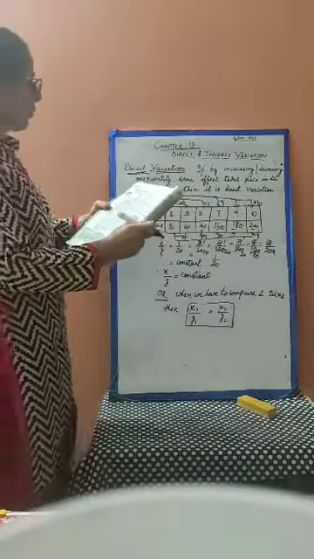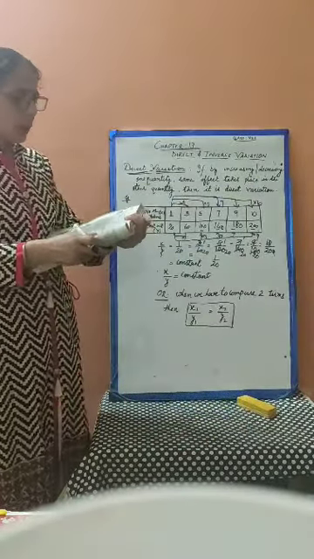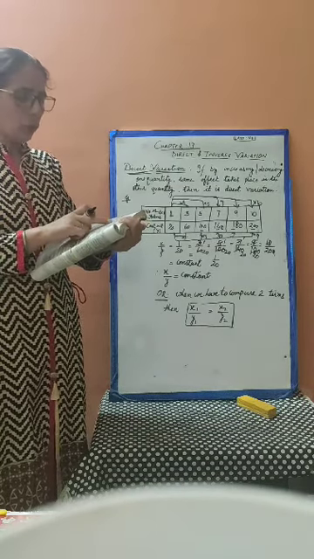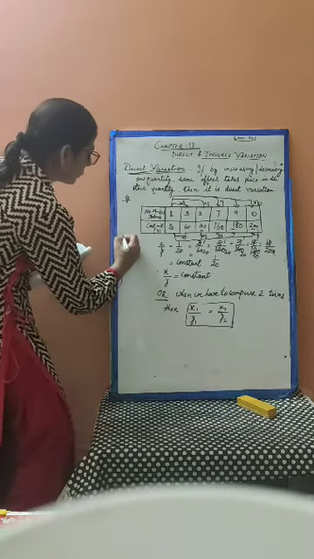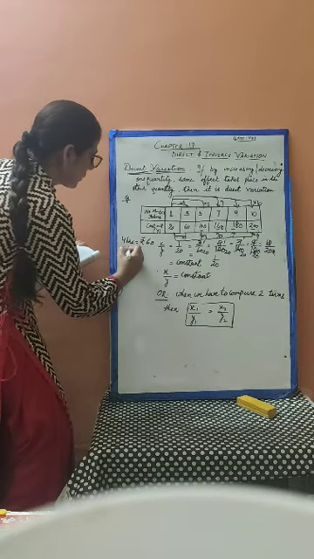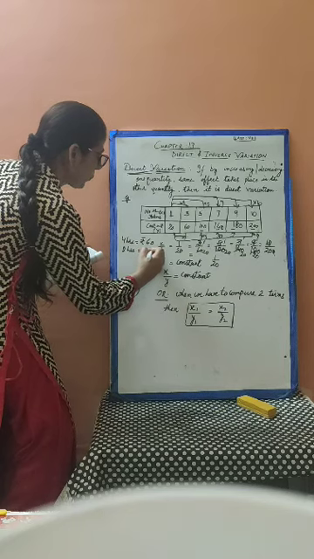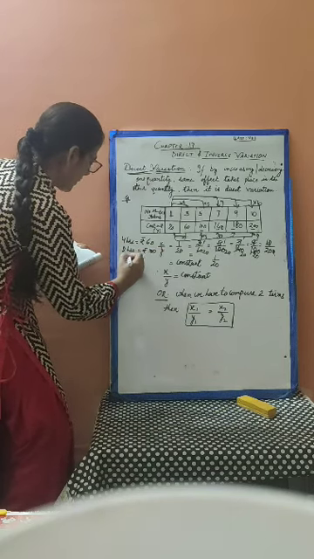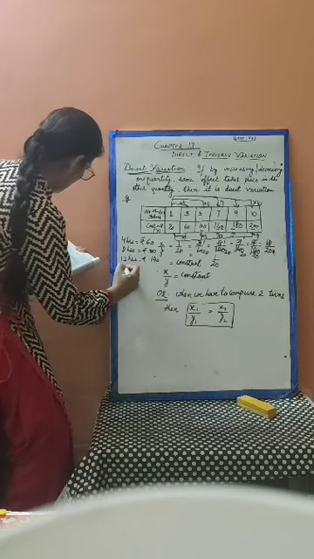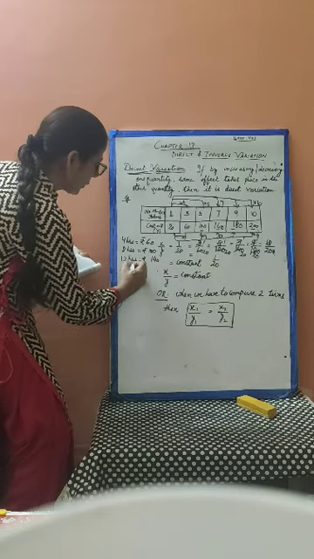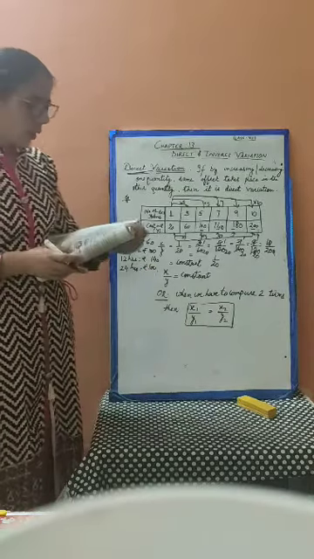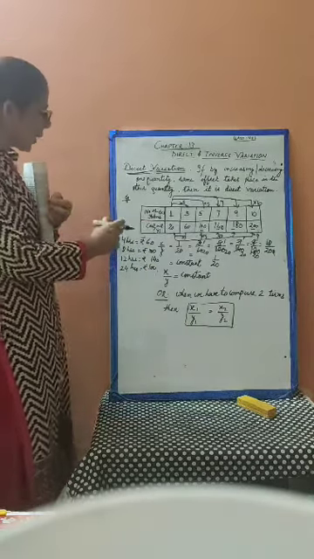In the first question, we have to show this. For a car, parking charges at the railway station are given: 4 hours, rupees 60; 8 hours, rupees 100; 12 hours, rupees 140; and for 24 hours it is rupees 180. We have to explain whether they are in direct proportion or not. Just check here.